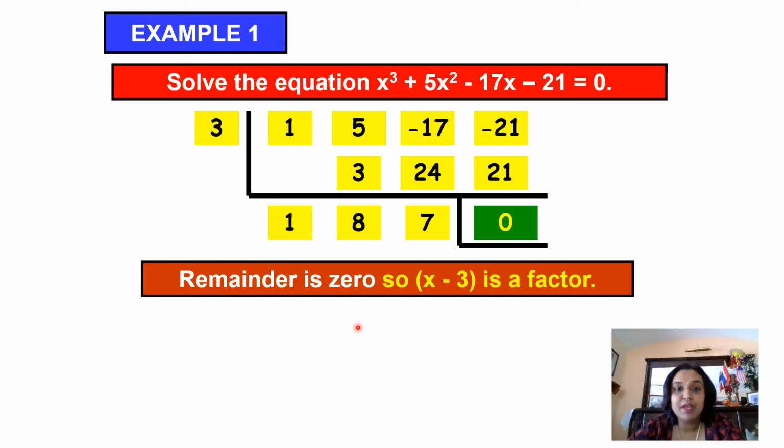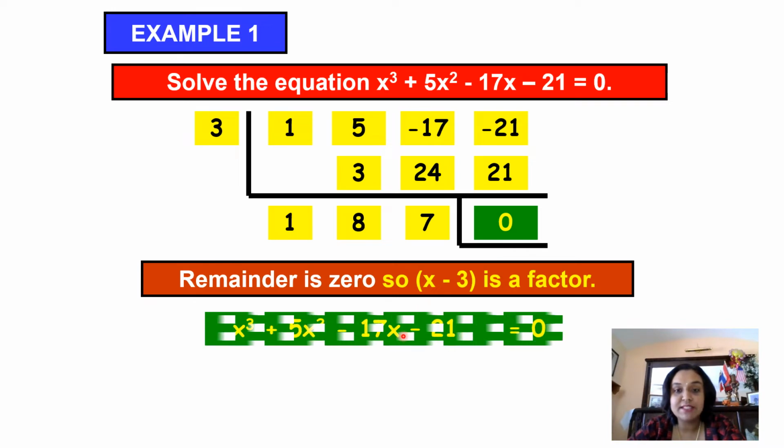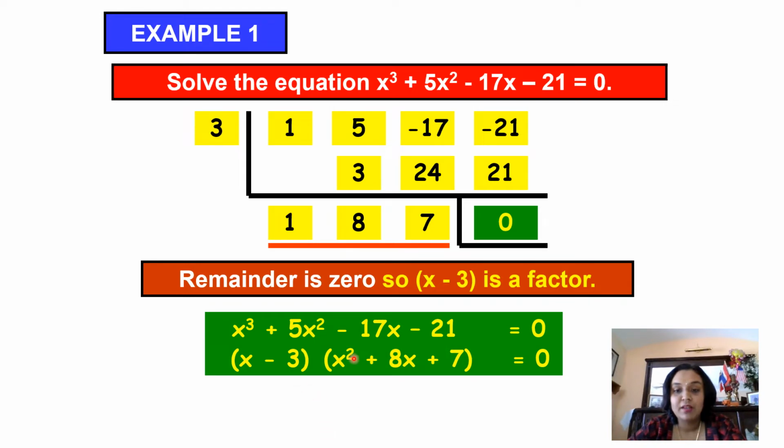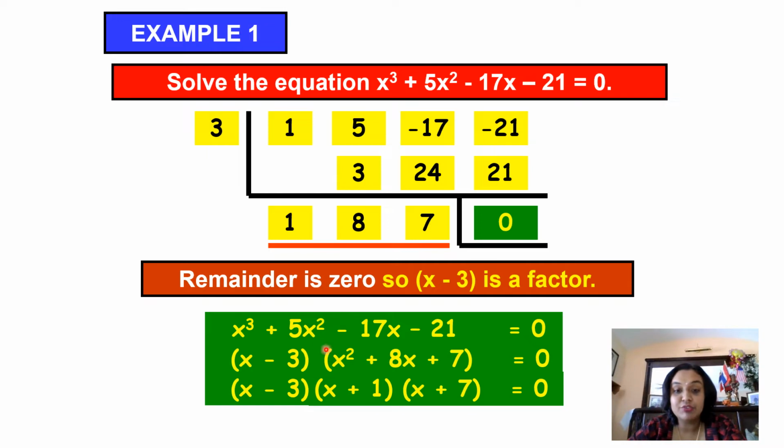Next, we have to fully factorize it before we actually solve it. So this is the polynomial equal to 0. One of the factors is x minus 3, and the remaining factor is x squared plus 8x plus 7, which we got from the quotient of the loom diagram, equal to 0. Now we can use our calculator to factorize this,